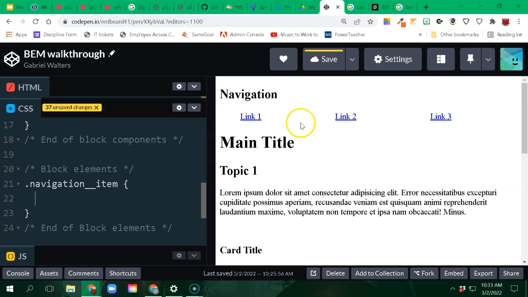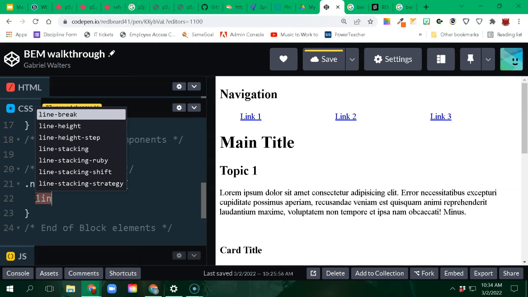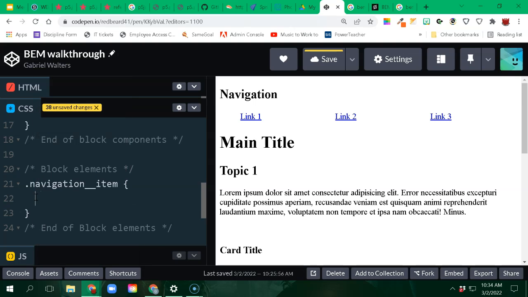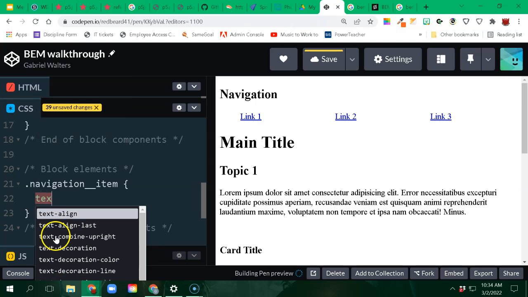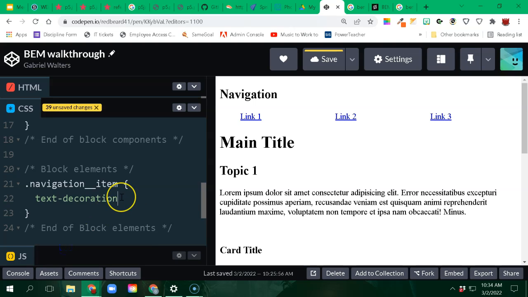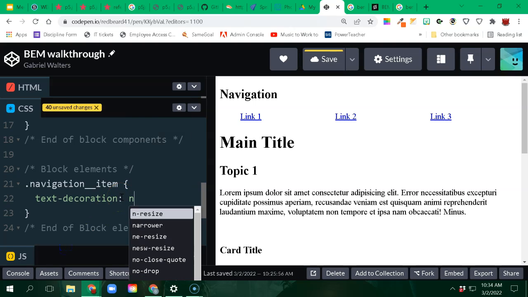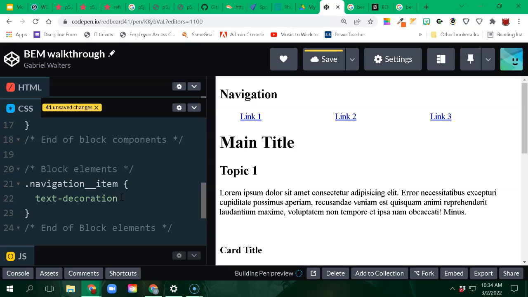And maybe I want like a rounded square to go around it. Okay, that's all stuff that I could design. So let's look at that. Let's see. We want to do some type of text decoration. Let's look at that. That would be the underline. If I just am looking at what is there,